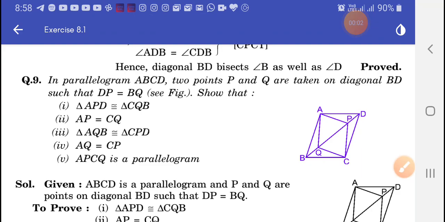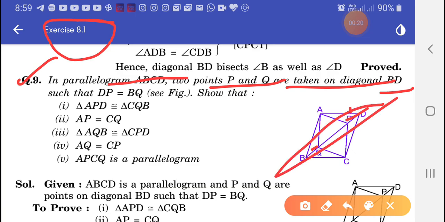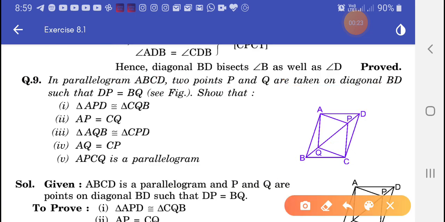Now we'll discuss exercise 8.1. Exercise 8.1, the first 8 questions were already discussed by me. Now we will discuss question number 9. In parallelogram ABCD, two points P and Q are taken on diagonal BD, such that DP equal to BQ, so that triangle APD